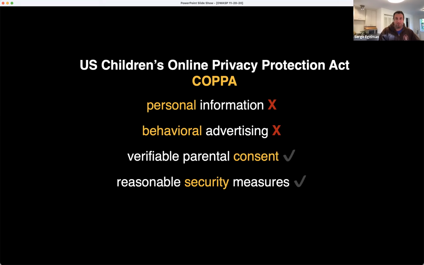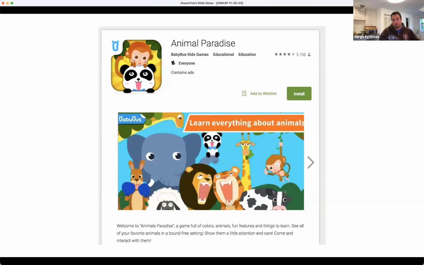Certain data that's collected requires parental consent, and the data needs to be transmitted with reasonable security measures, which is the wording of the law, which, in this day and age, we interpret to mean using TLS at a minimum. And we started looking at this, since this is one of the few privacy laws in the US that is in existence. We wanted to see how well the companies are actually complying with this.